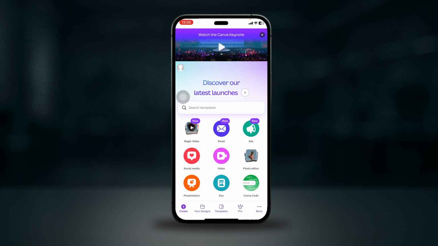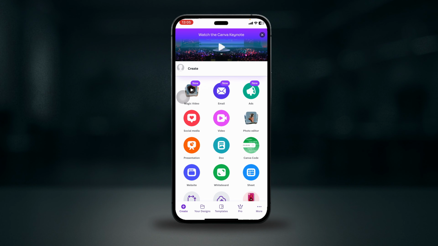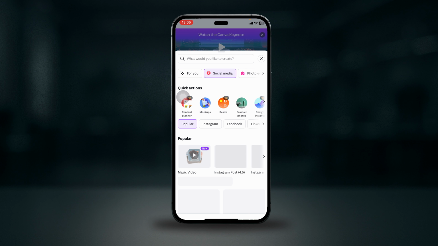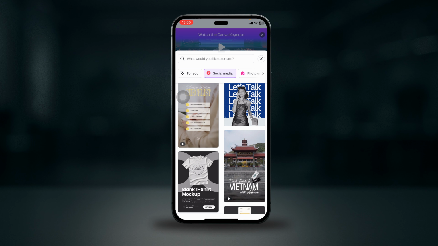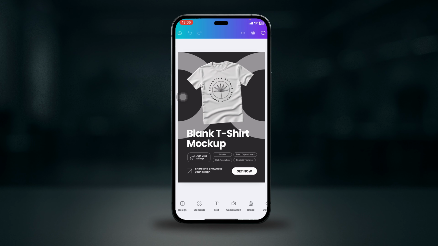After that, tap on the plus create button to create a new design and choose a template. Let's say you want to make something about social media, and then choose a template from here. Let's say this one. After that, add text, images and graphics from the toolbar, and then use the drag and drop feature to